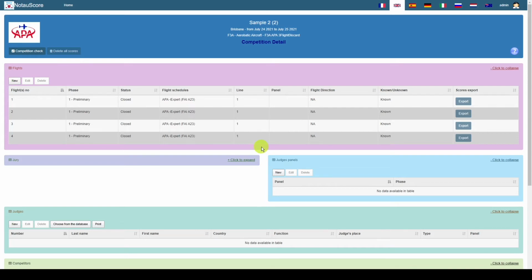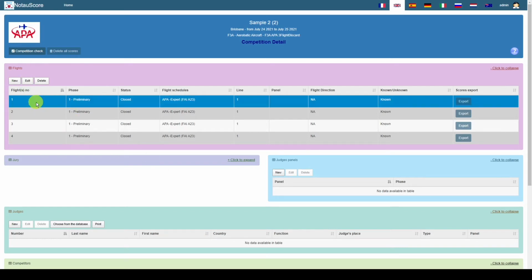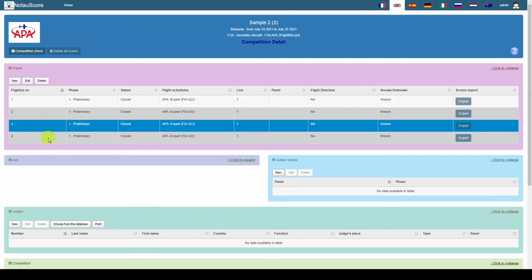This takes longer to do because I'm speaking about it. If we were doing this as normal setup, this won't take as long. I've got 4 preliminary flights, so I need to make a decision. Am I going to have one judges panel for all 4 flights? Or a judges panel for flights 1 and 3 or flights 2 and 4? Whichever the case may be, I need to make those decisions. Personally, I choose to create a judges panel for each flight: flight 1, flight 2, flight 3 and flight 4.